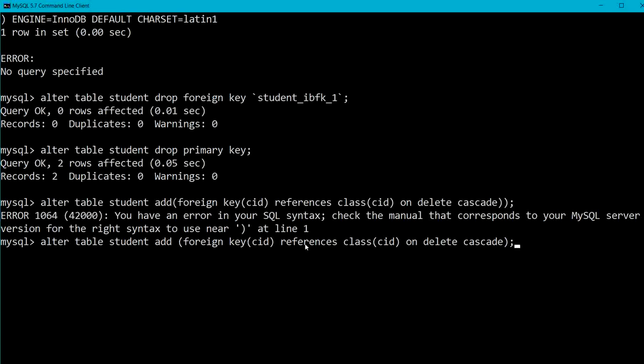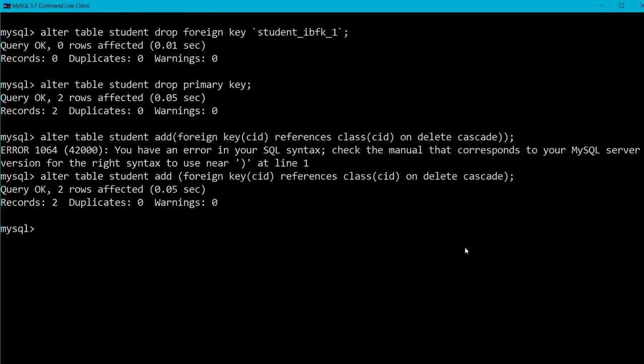Okay, so in the earlier syntax I had specified one extra parenthesis, that's why it was showing the error. Okay, so the table structure has been modified.